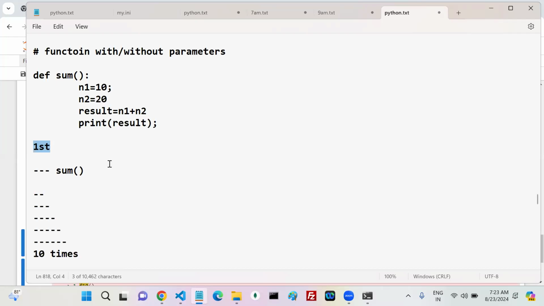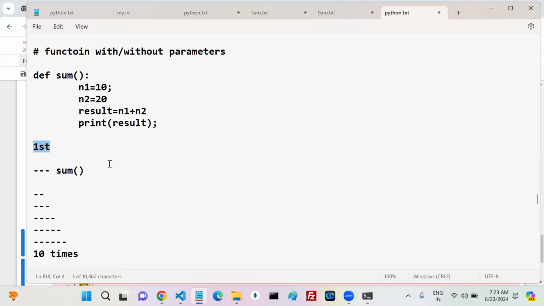Which one is recommended? Store the result. 100% right. Store the result, yes or no? So the question is, you said store the result, agreed. How can we store it? That is the question, or not?